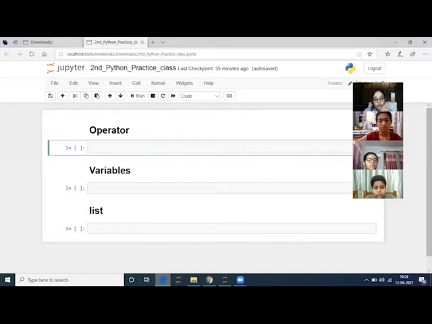Today we will discuss three topics: operators, variables, and lists. We will not be able to complete lists today, but we will continue it tomorrow because lists is a very big topic. So first let's just be comfortable with the IDE. Let's make sure we know everything about it and we are able to do different operations. I will tell you exactly which things you need for now. Slowly, when you need more, I will let you know.